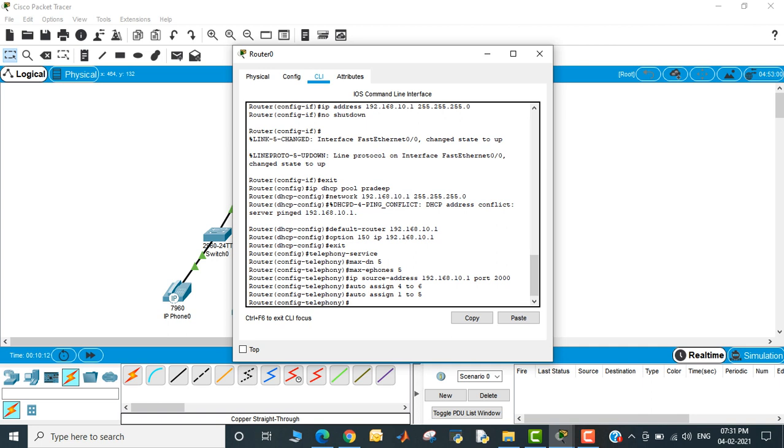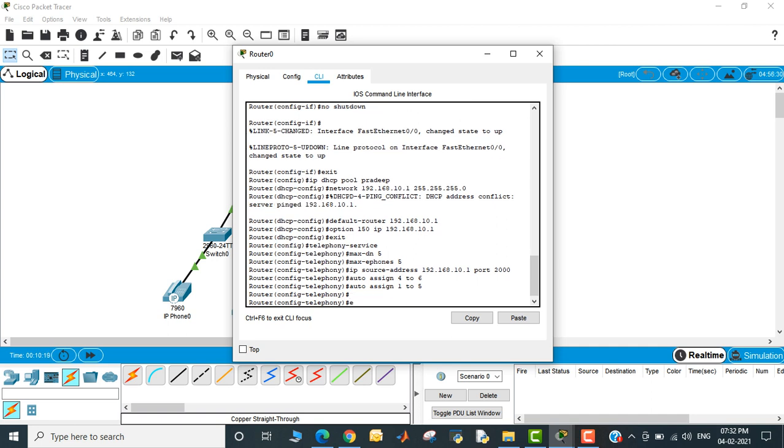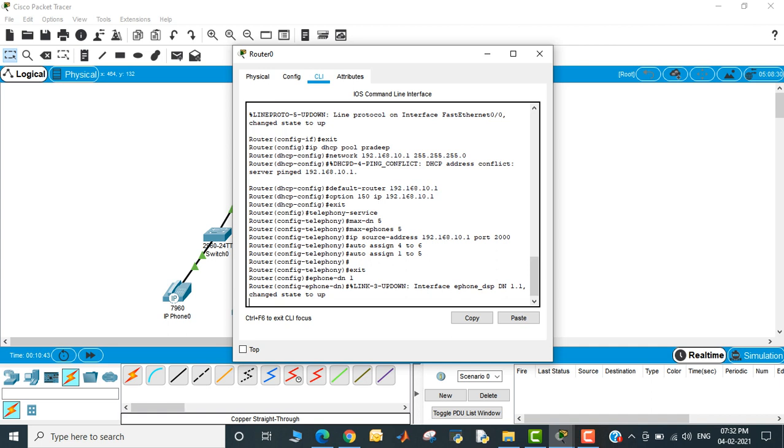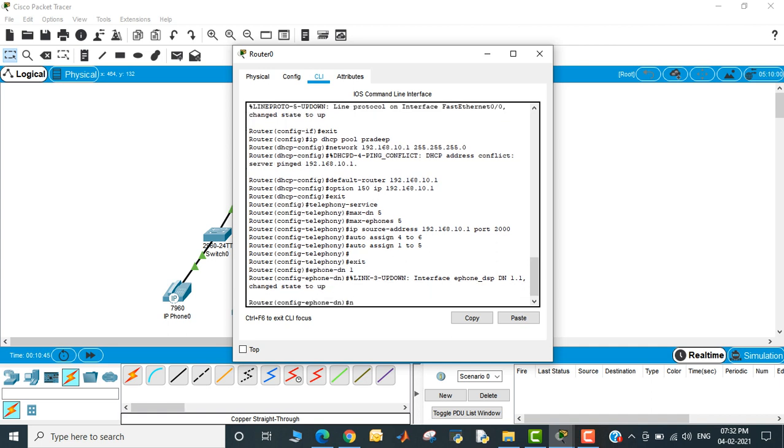Now I'm going to the connection between the first IP phone and the router. Exit. Okay, I'm going to the last step, the connection between this and this. I'm going to give ephone-dn 1 first, and then the number.